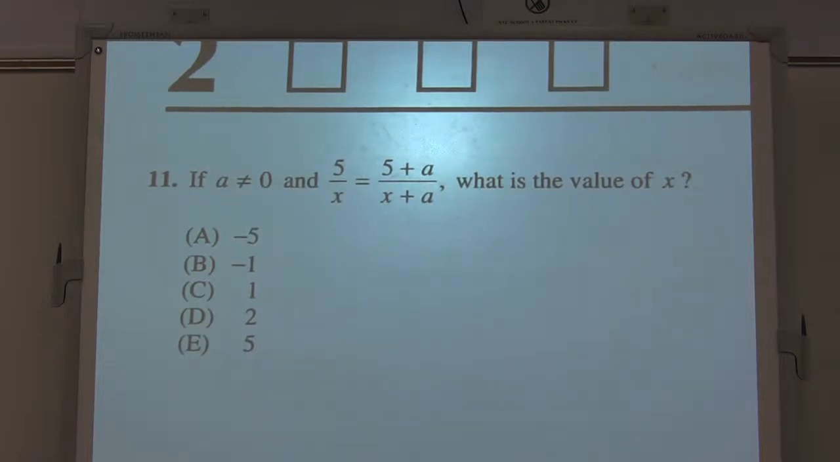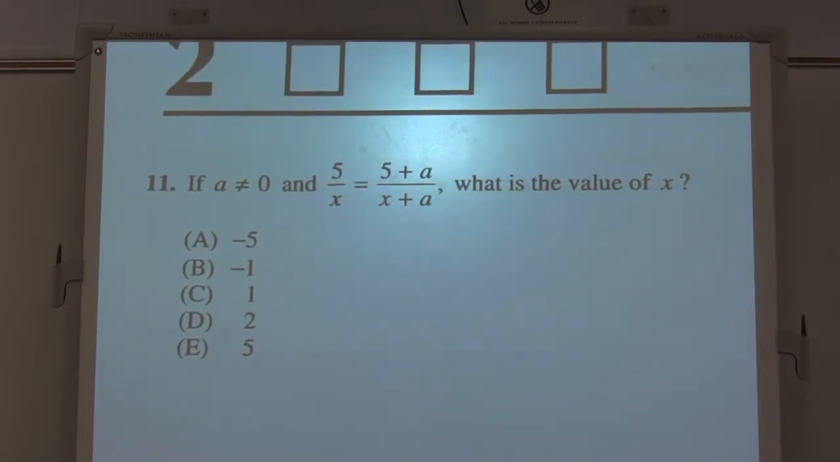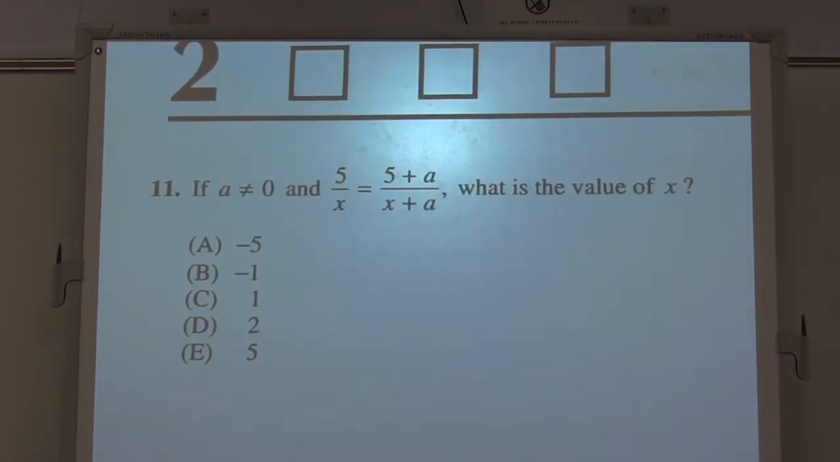Okay, everybody, this is section 2, numbers 11, 12, 13, and 14. Now they're getting progressively harder, you guys, so 11's probably a medium type of problem here. So numbers 1, 2, 3, 4, usually the easy ones, and they just get progressively more challenging. Okay, so it says, if a doesn't equal 0, and you have this fraction equaling this fraction, what's the value